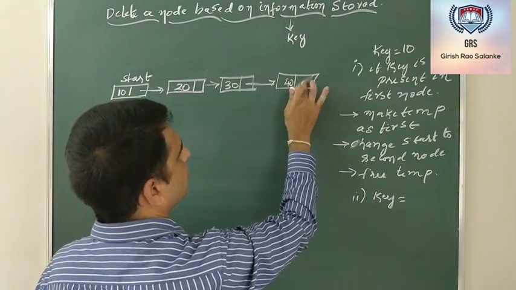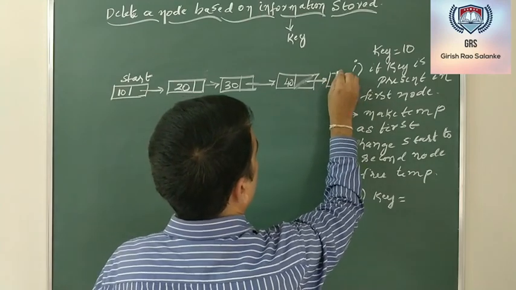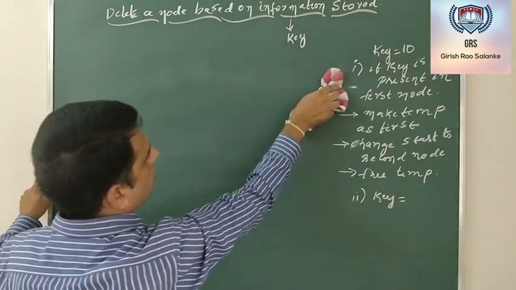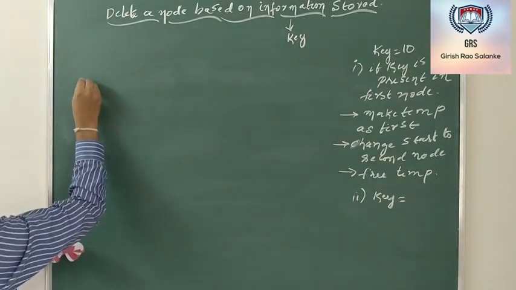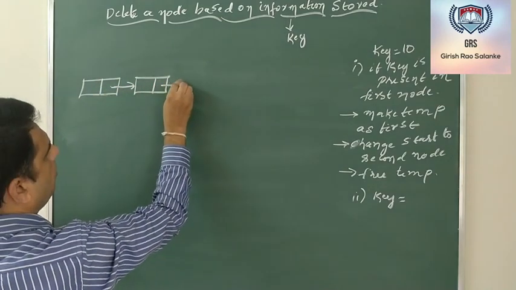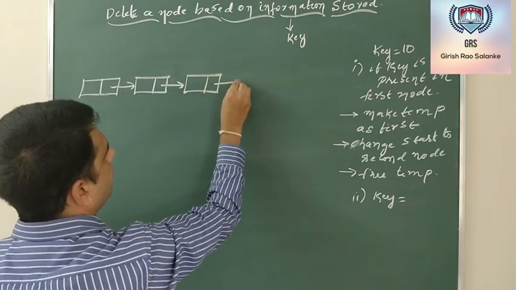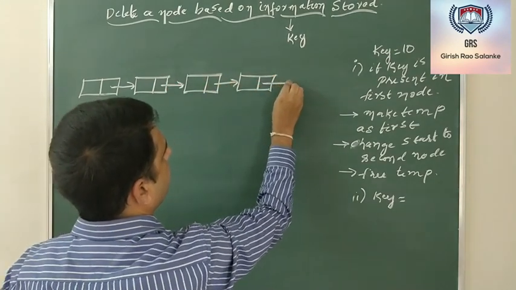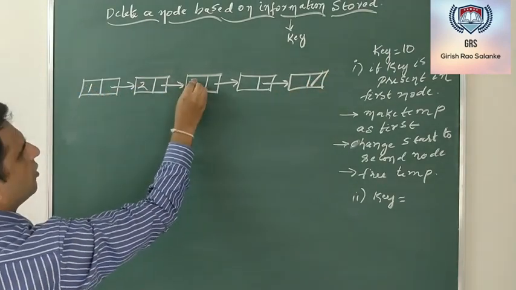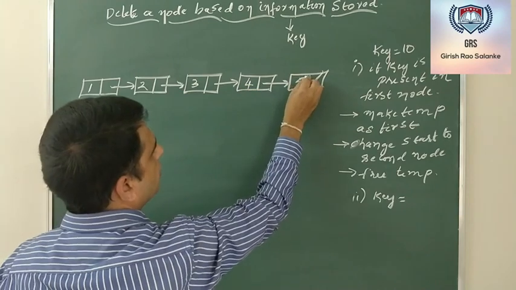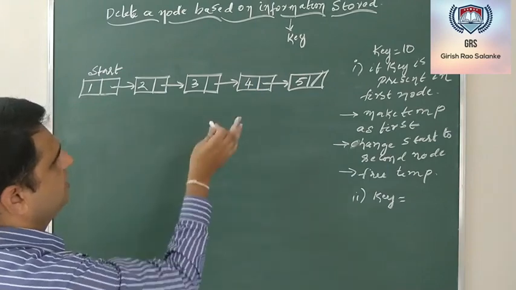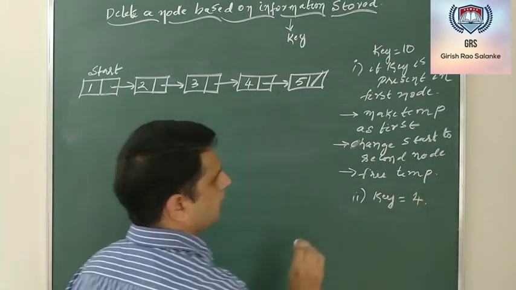Let me have one more node, like this. Let me assume that there are 5 nodes where the information is 1, 2, 3, 4, 5, and my reference node is start, which contains the address of the first node, and my key in this case, let me assume it as 4, wherein it is present in the